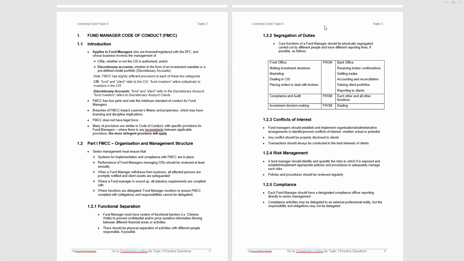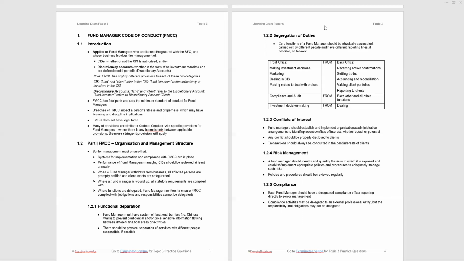Okay, Fund Manager Code of Conduct, we're told further down section 1.1, 4 parts. We're going to go through these 4 parts now. Remember, if you breach any code, the issue is your fitness and properness and whether or not you can continue to hold your license. Again, the Fund Manager Code of Conduct does not have legal force. It's not the laws of the land, they are SFC codes. So you're not committing a crime. A breach is not an offence, and every now and then they will examine that point.